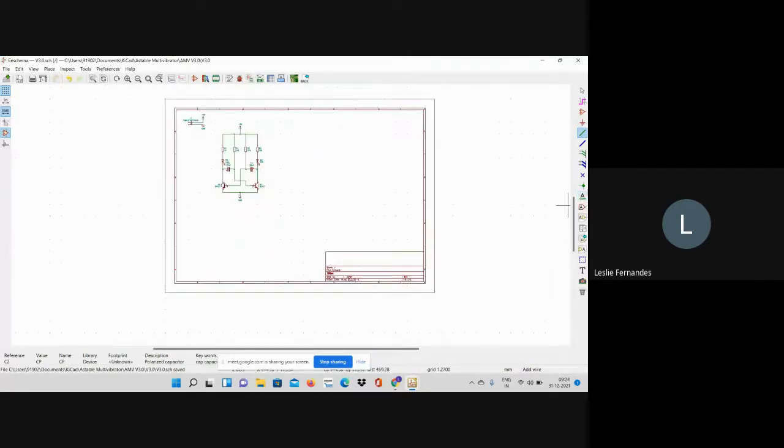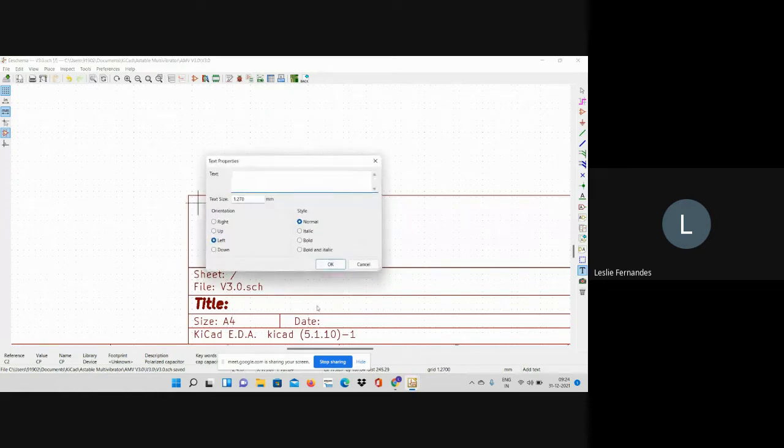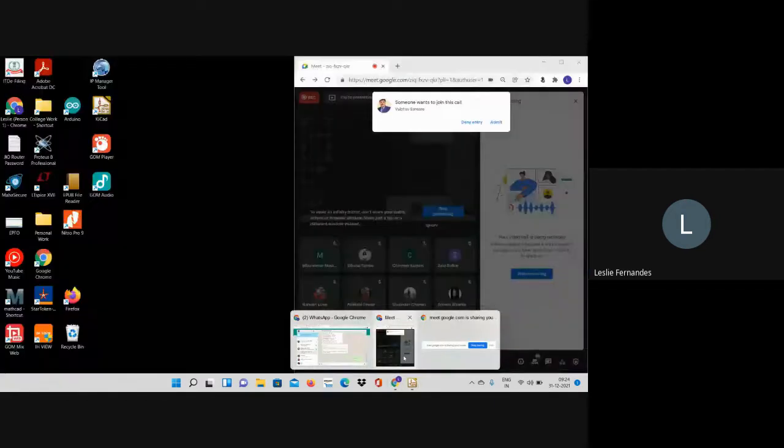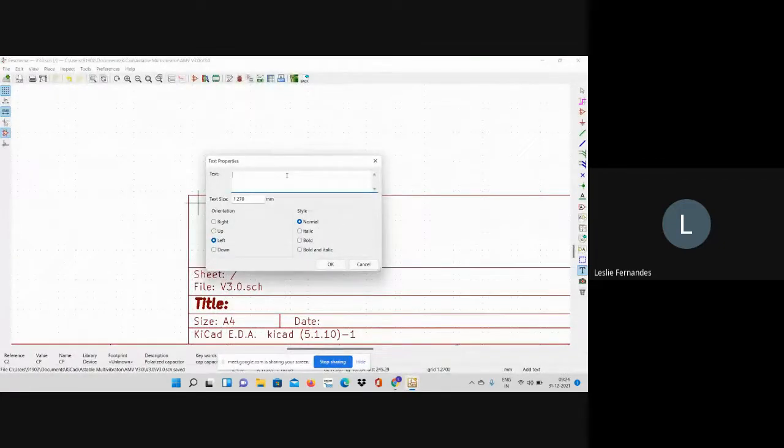Okay, and what I wanted to do is you should give all the details for this particular schematic, and I'll give it my name. So I'll say Leslie Fernandez.